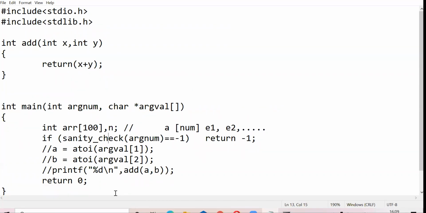So when should I return -1 here? What should be the condition? Your argnum: how many arguments should be there? It should be 2 plus the value in argval1. This should be clear to you from our last lab's discussion.